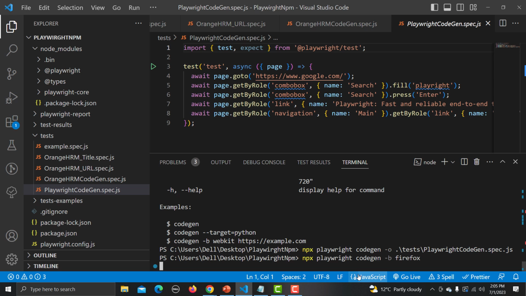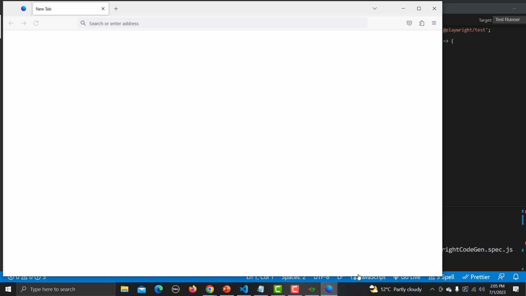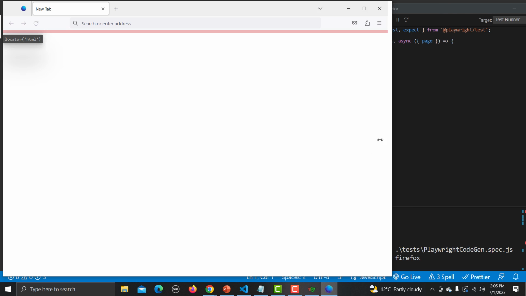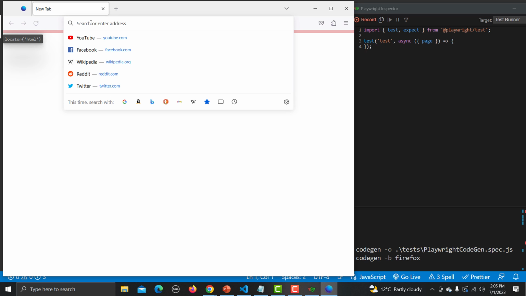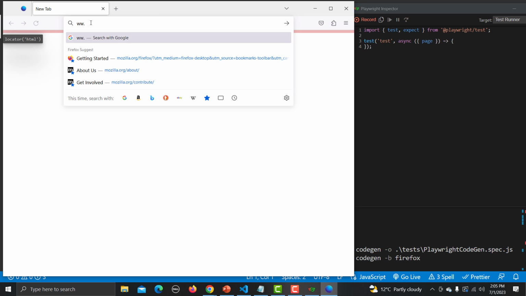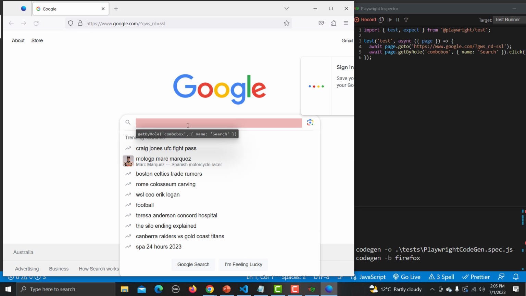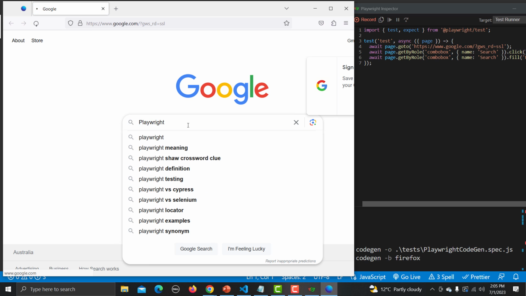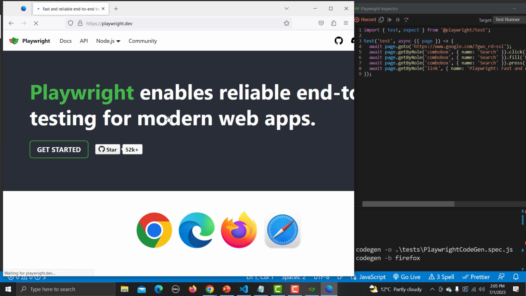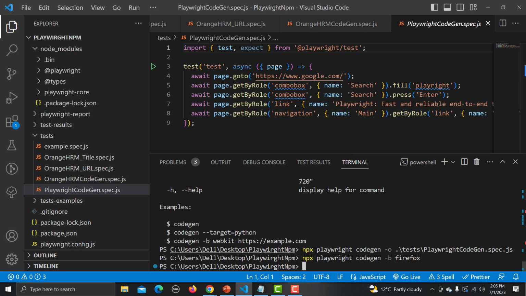Now a Firefox instance will be opened here, and now you can record into Firefox itself. So let me go with google.com again, search for Playwright and go to the website, and you can see that you can record your test on any of the browsers here. So let me close this one from here, and if I go back to more options here,